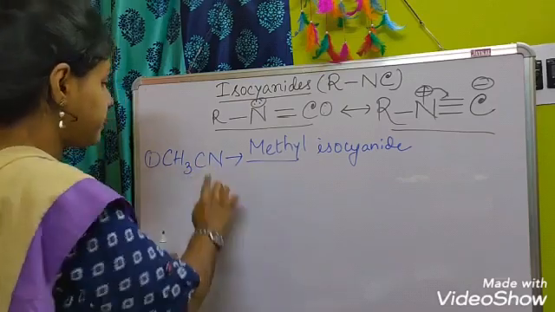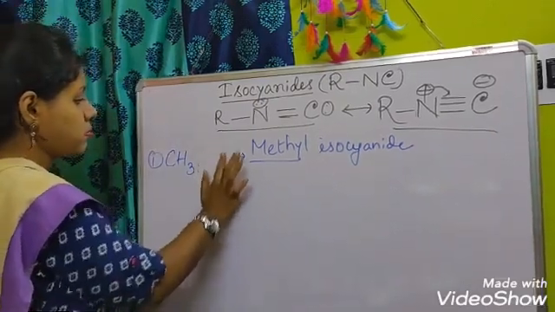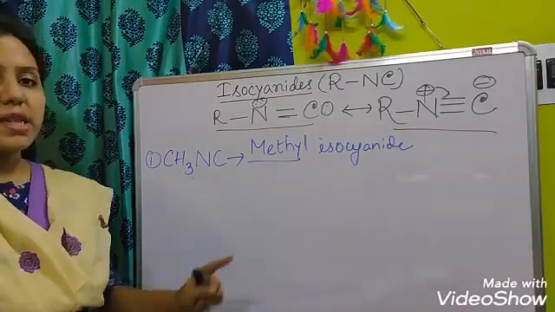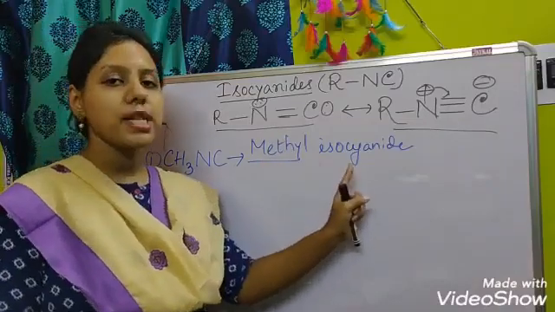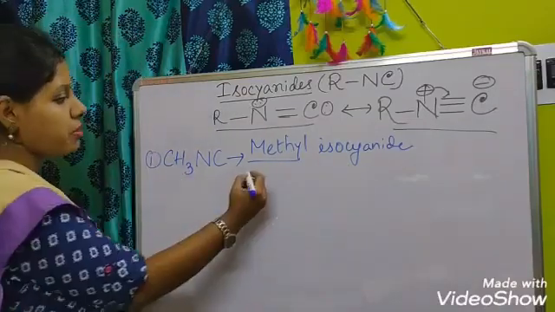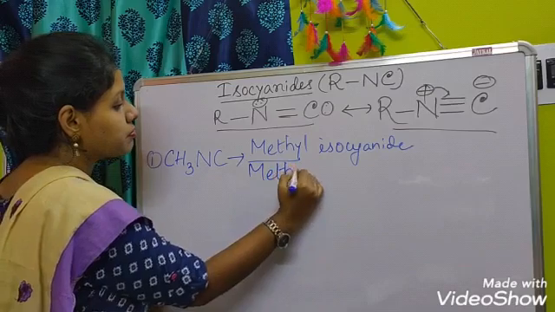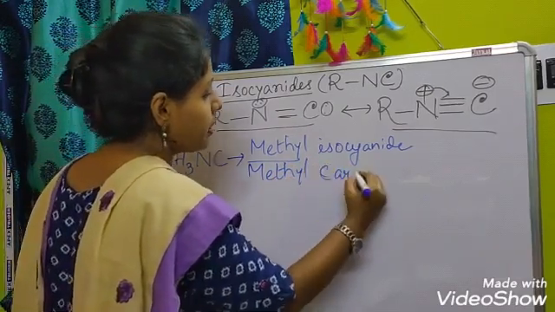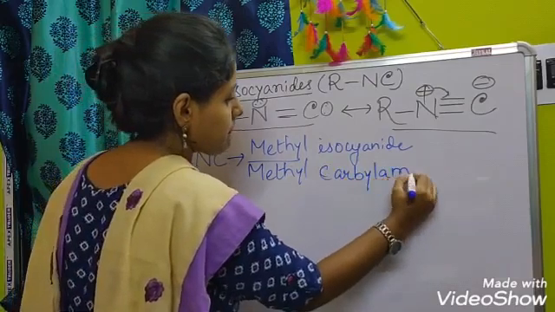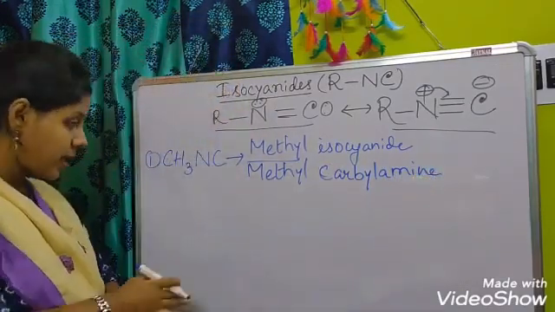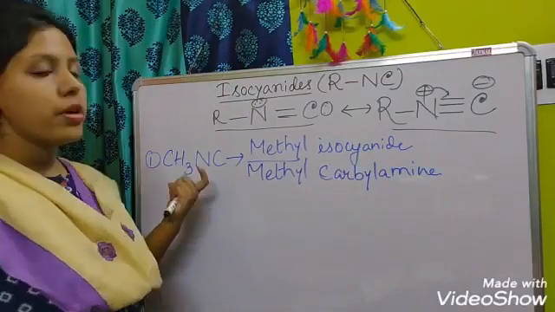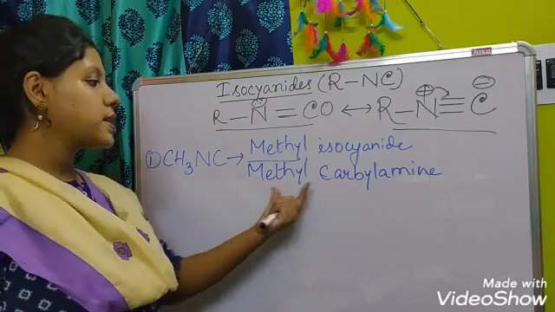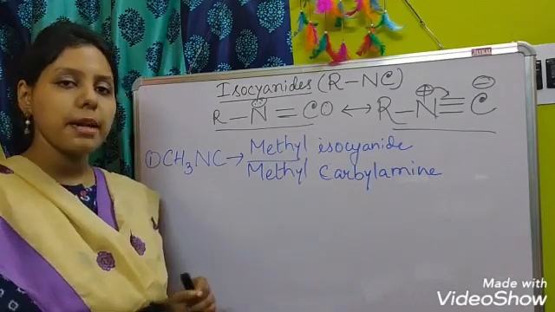That will be NC. Okay, so CH3NC, that means methyl isocyanide, or also it can be written as methyl carbylamine, in short form carbylamine. As this type of isocyanides can be obtained by carbylamine reaction,